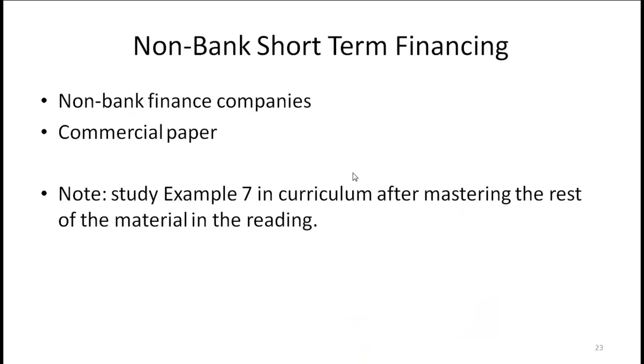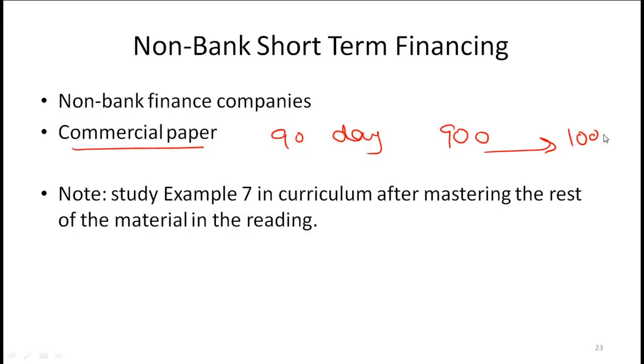Non-bank short-term financing, not as popular. All that is saying is sometimes there are some non-bank finance companies from which you can raise money. Sometimes large companies issue commercial paper, which is a company issuing the equivalent of a T-bill. So a company might issue a 90-day paper, where the company says, give me say $900 today, and after 90 days I will pay back 1,000. So this might seem like a very high interest rate, but nevertheless,